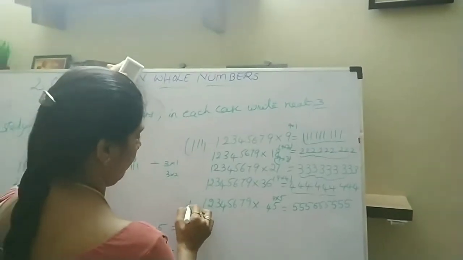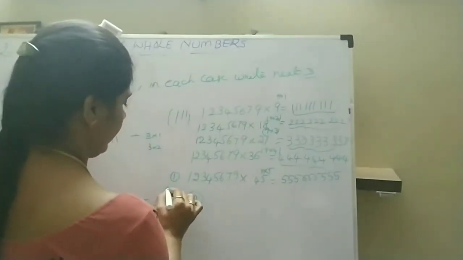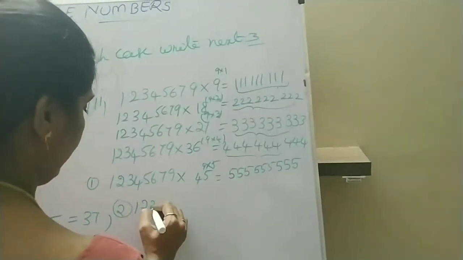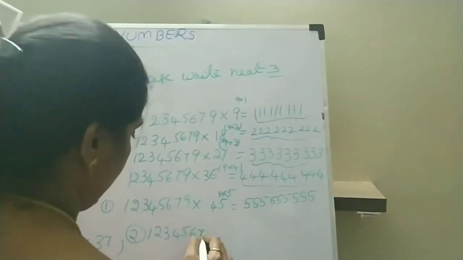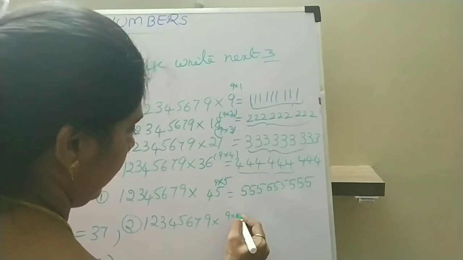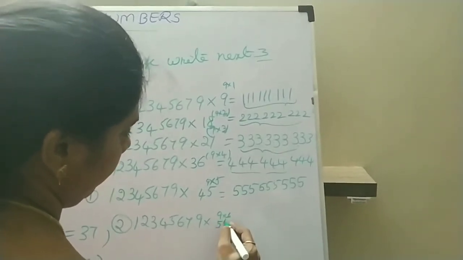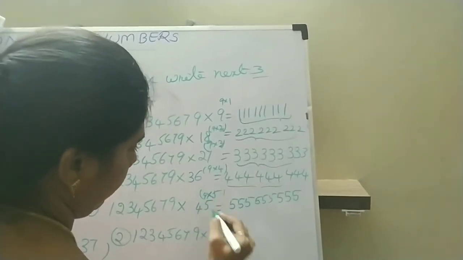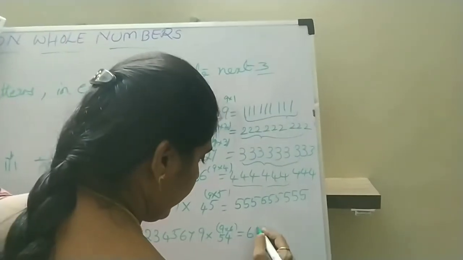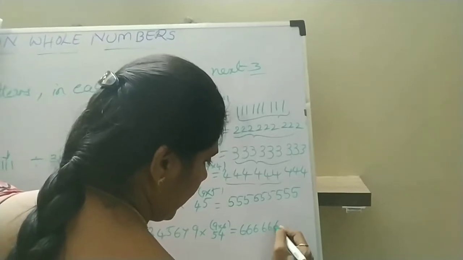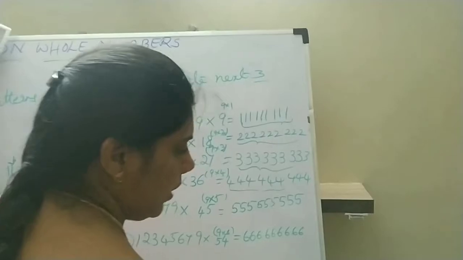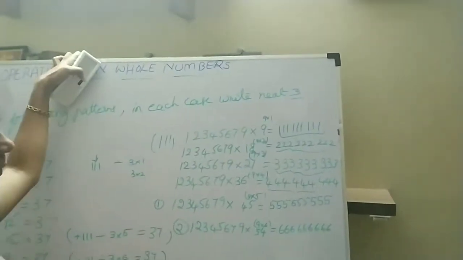This is one step, and the second step, see this one again, as it is I am writing 1 2 3 4 5 6 7 9 as it is. 9 into 5, so this must be 9 into 6. 9 sixes are 54. Okay, 54. So 6 with 6 I am multiplying here, so I am writing 6s, that is 9 sixes. So I am following this pattern. 9 sixes I am writing here. This is your second step.